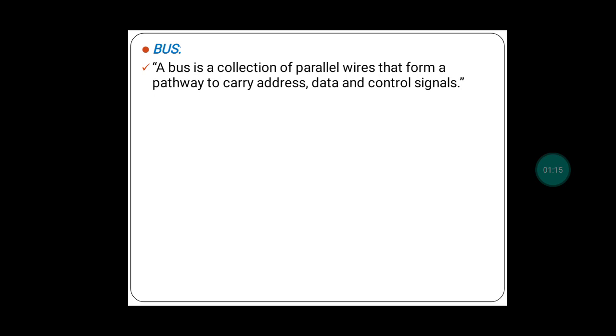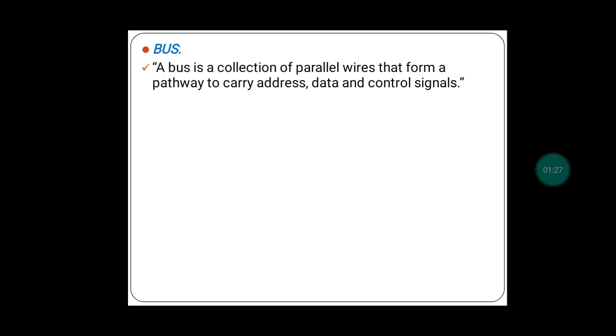Like that, to carry information or address or control signals from one component of the computer system to another component, we have something called a bus. So bus is nothing but a collection of parallel wires that form a pathway to carry address, data and control signals from one component of the computer system to another component of the computer system.